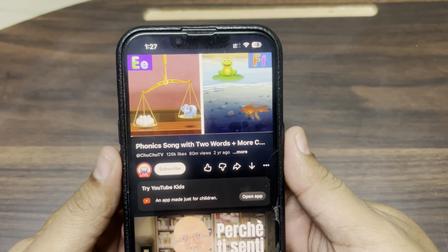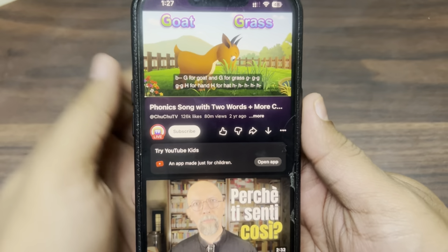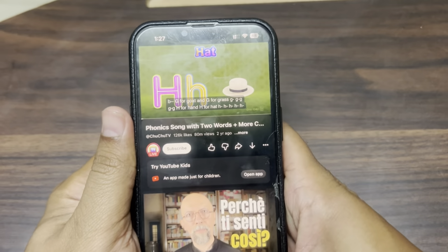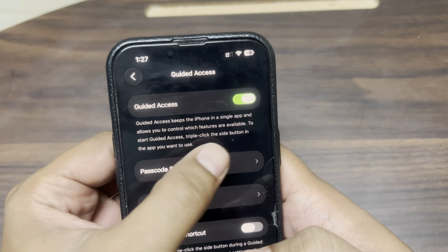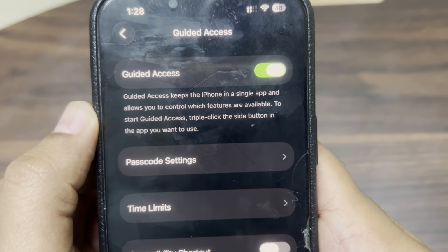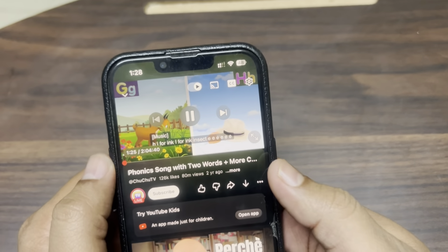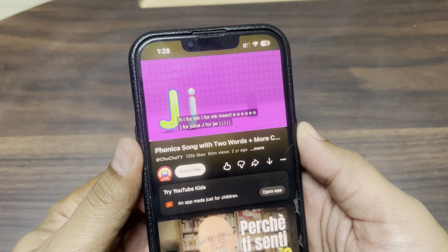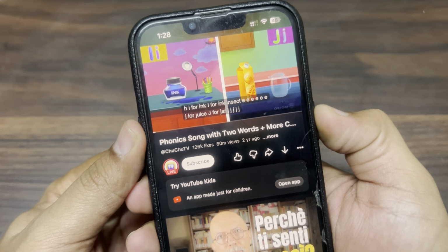So whenever you're giving it to your kid or baby or toddler, what you need to do is just use this power button. Just click this power button thrice. You'll get to see this option over here as well, if you read that. If you read this, they'll also say the same thing. You just need to press the side button thrice, triple click the side button. So just play the video, or if you're on a video call, then just give the phone to your kid after clicking the side button thrice, so we need to enable the guided access thrice,